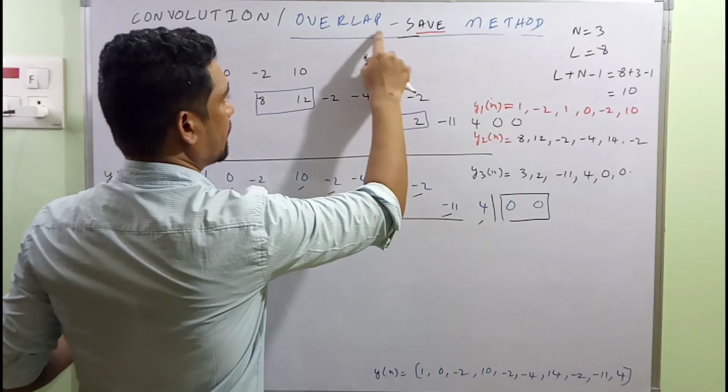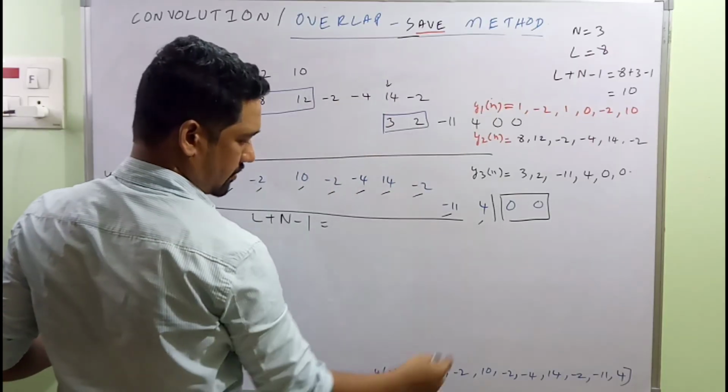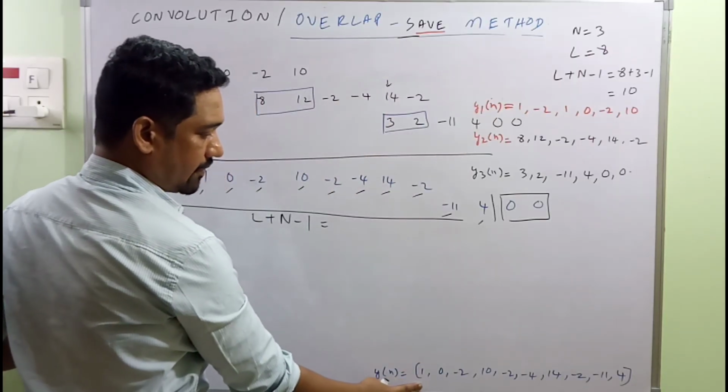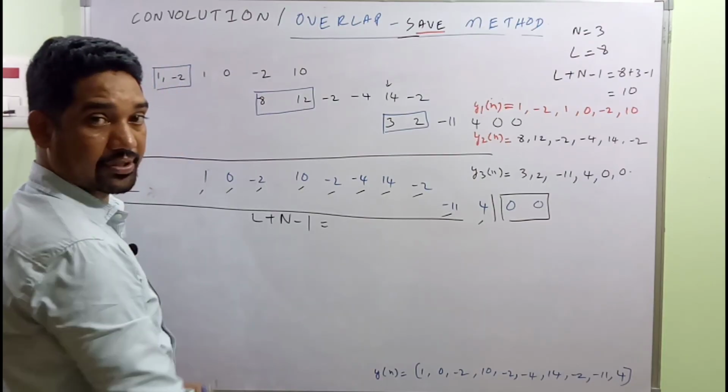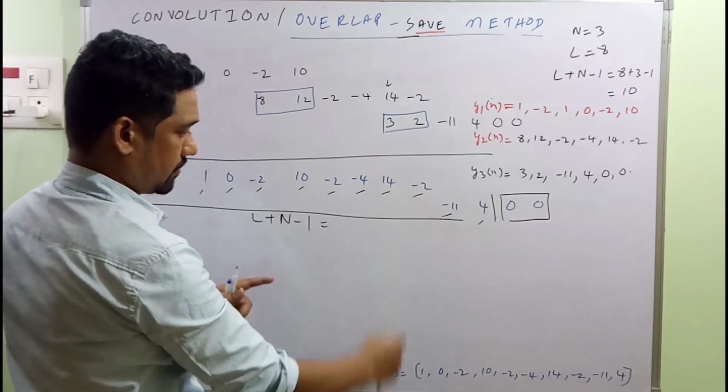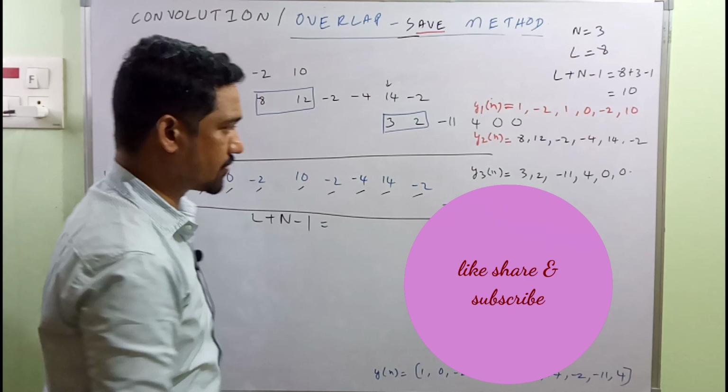Making use of the overlap save method, guys. The same sequence, can you see over here? We evaluated it using the overlap add method in the beginning, so this is the same sequence, right? Hope you understood the